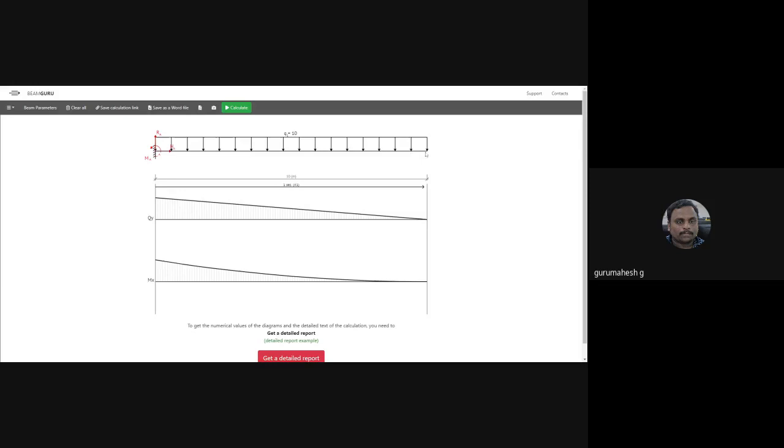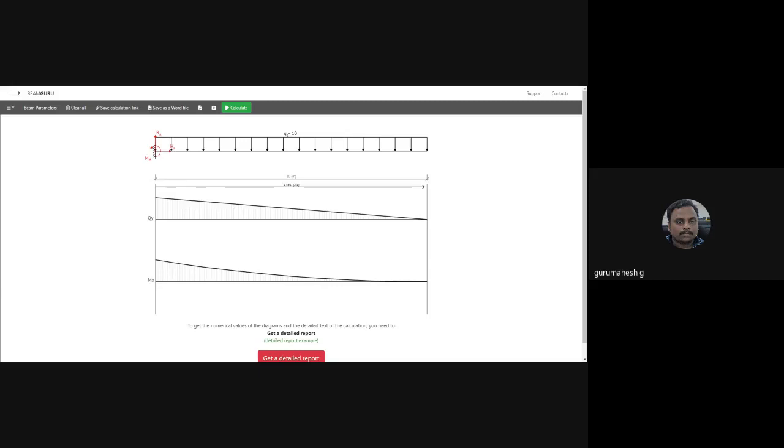I want to calculate the shear force at the particular starting point, at a distance equal to 0. What is the shear force? 10 into 0 comes to 0. So I put 0 here. Then I take another section at point A. Here I want to calculate the shear force at this point. 10 into, what is the distance? 10. It gives 100. So I keep a point 100 on the y-axis and draw an inclined line, connecting 0 to 100. This is the diagram for shear force.